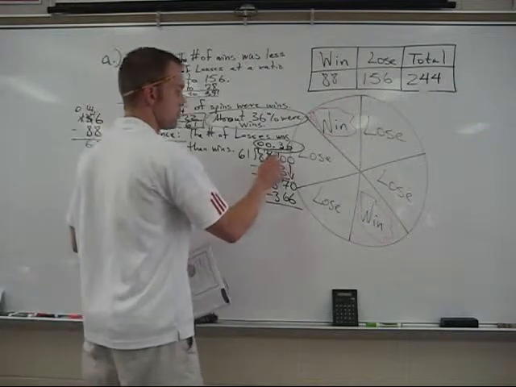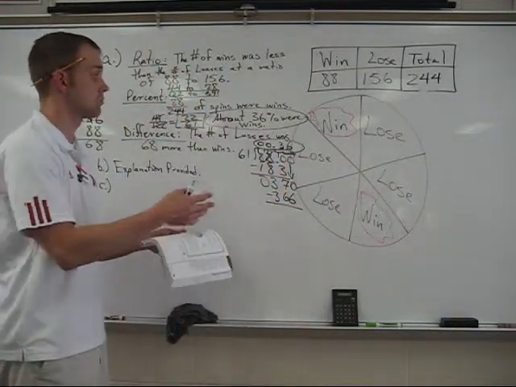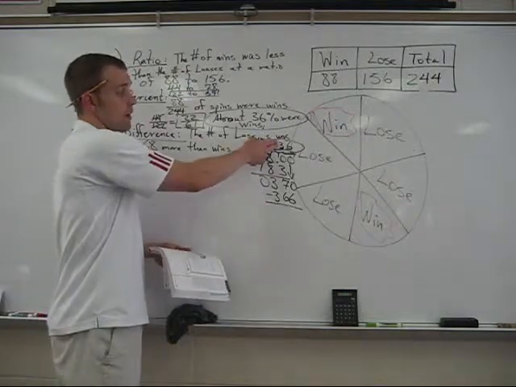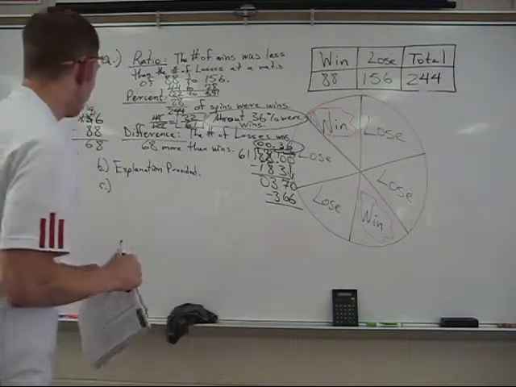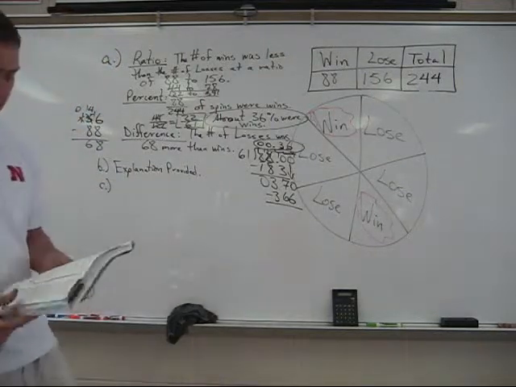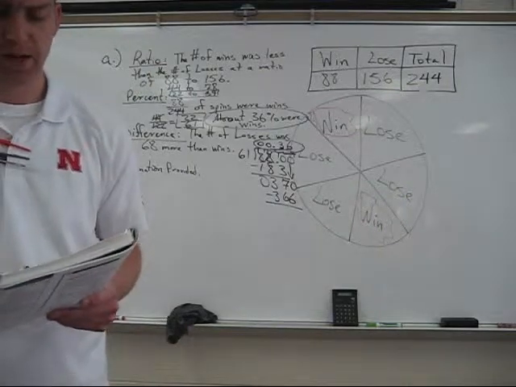And we'll convert that decimal to a percent. So we know about 36% of the spins were wins. Of course, taking 100 minus that would give us what percent were losses, as a matter of fact. Now moving on, Part B asks, it says, choose one of the methods of comparison from Part A, ratios, percents,